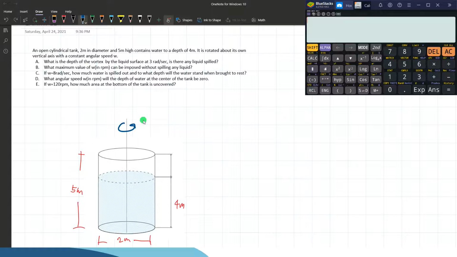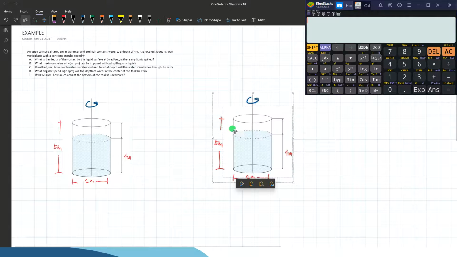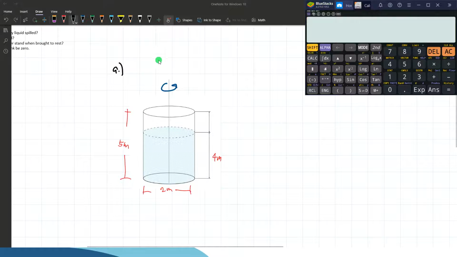So let's answer letter A. Let's just have a copy of this figure to solve letter A. To solve A, let's determine first this distance from the rim to the liquid surface. If the total depth of the container is 5 and the depth of fluid is 4, we have 1 meter. Then to identify if there will be water spilled, let's solve first the depth of the vortex